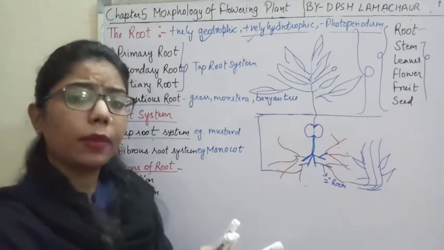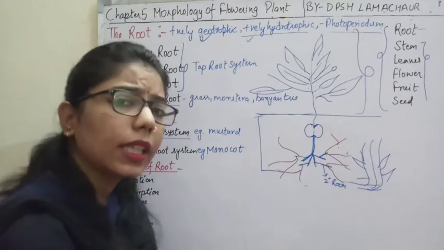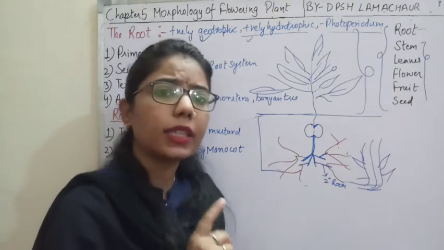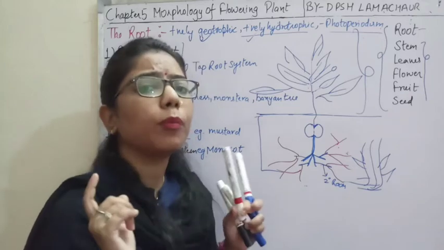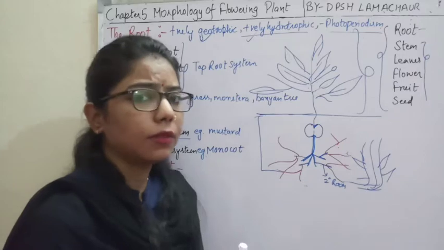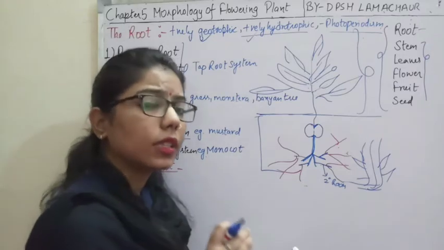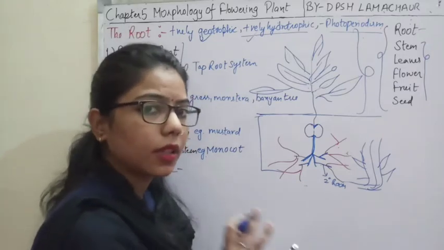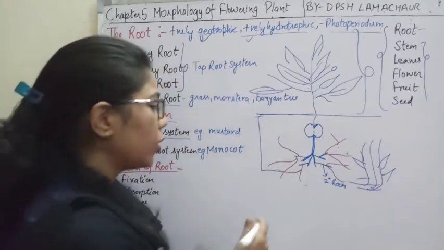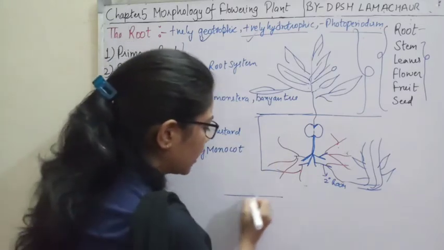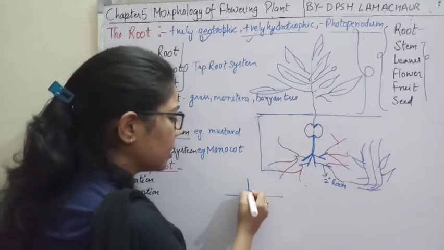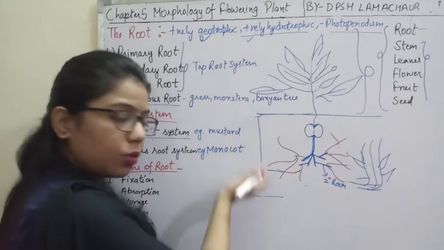So what is the fibrous root system? If you look at monocots, in case of wheat, rice, maize, all the Poaceae family. What is the Poaceae family? The grass family, to which wheat, rice and maize belong. If you see the structure of that root, for example, a seed is present, and directly from it, what will happen? This is the stem, the shoot system.